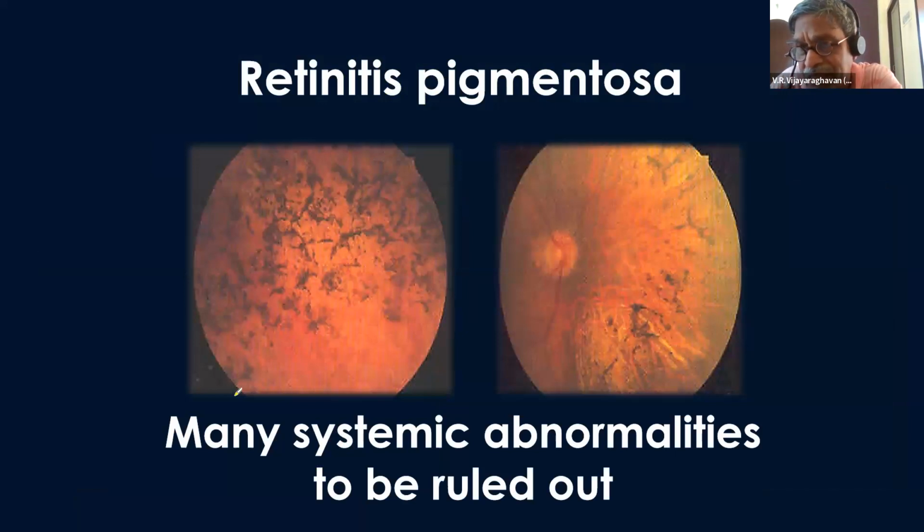Retinitis pigmentosa, these are called pigments, usually it's a genetic problem. They will report night blindness. Later on, they will develop what are called bony corpuscle-like pigments. That means when I see a retinitis pigmentosa patient, think about the fellow may be having endocrine problems